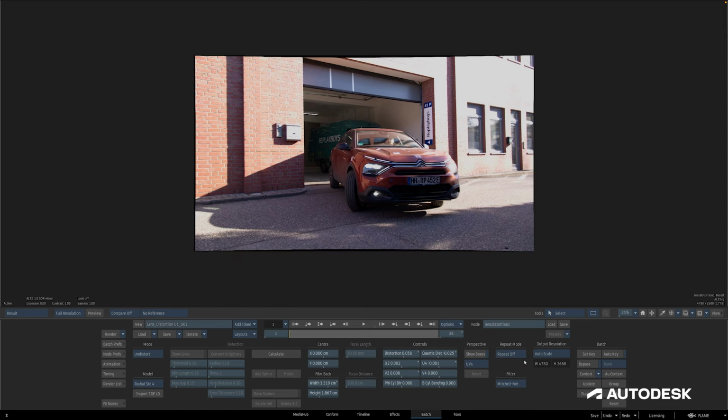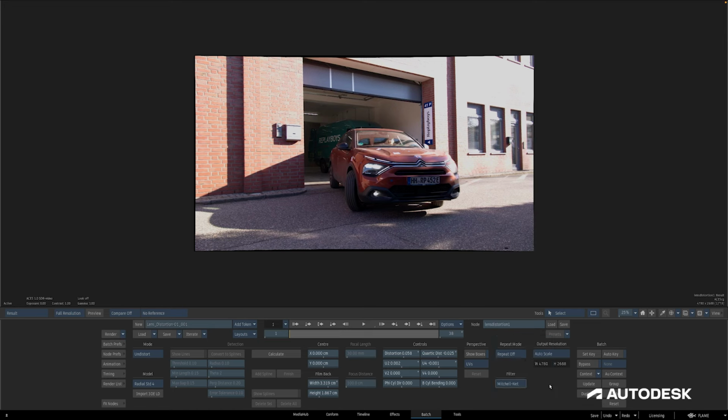Moving over to the filter section, and if we are familiar with filtering inside of Action, we might notice that the default is not a familiar selection. We have two new filtering modes available to us here, whereby the default is set to the Mitchell-Netravelli mode, and the other new mode is Catmull-Rom. But we can switch this to our filtering mode of choice based on our preference and the needs of the